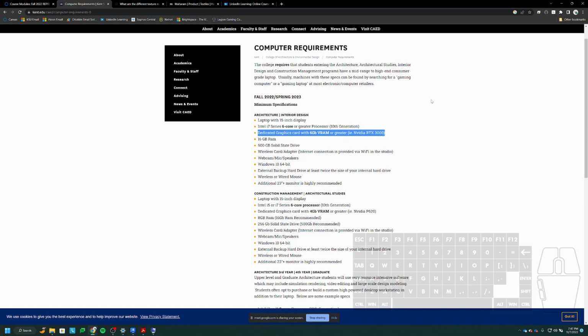That is something that you can still do without a dedicated graphics card, but your life will be severely worse. Okay, I'll put it that way. It's going to be way harder for you when it comes time to render things than it is for one of your classmates who has the hardware listed here on the requirements. It's going to let them use a program like Enscape. So I just want to get that out of the way now. But that's my recommendation long term. So if you're one of these people who doesn't have it, you might want to think about investing in a different machine that's going to allow you to do that, because just take my word for it,